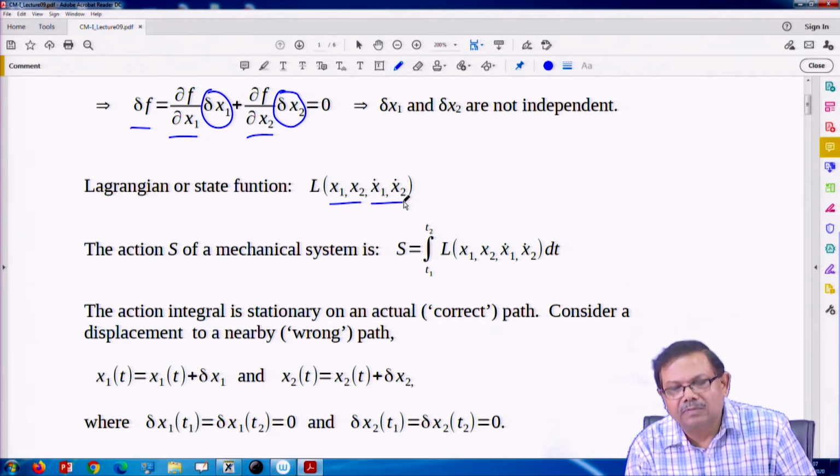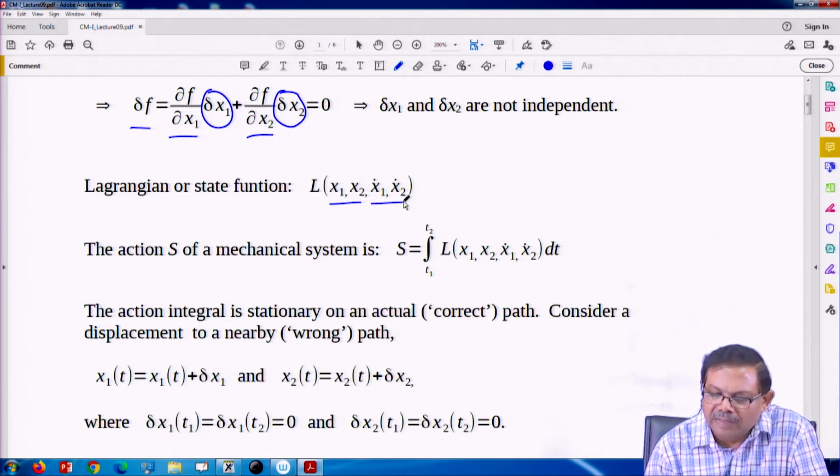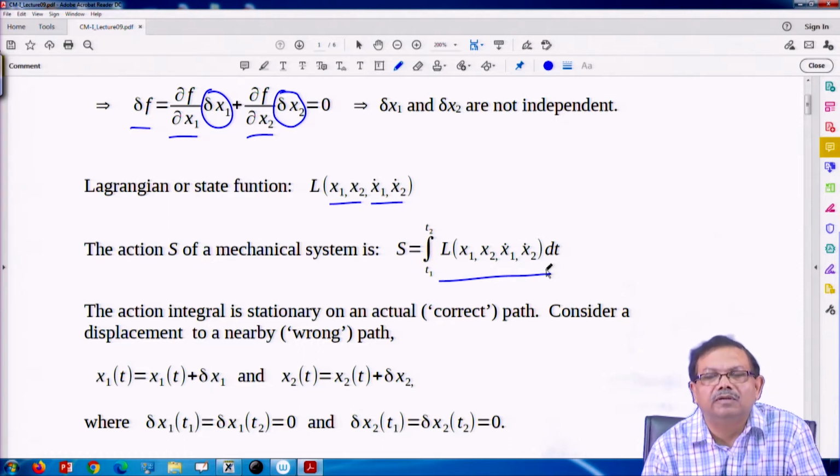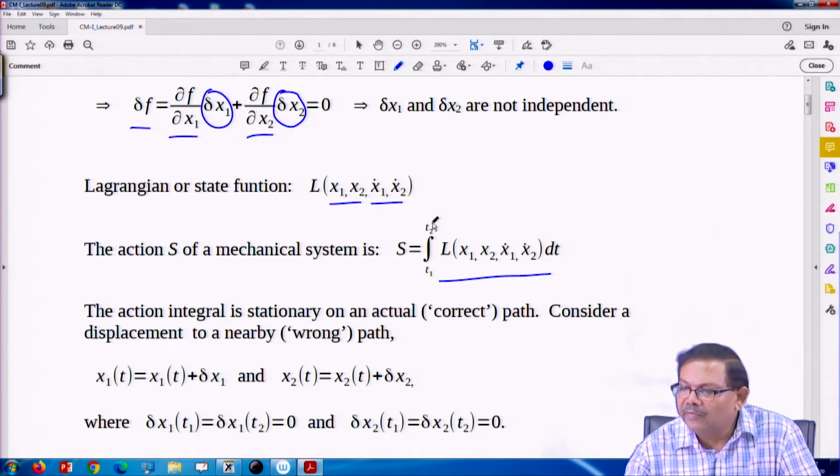So, it is a closed system. Action is defined as the integral of L dt from point t 1 to point t 2. The action integral is stationary